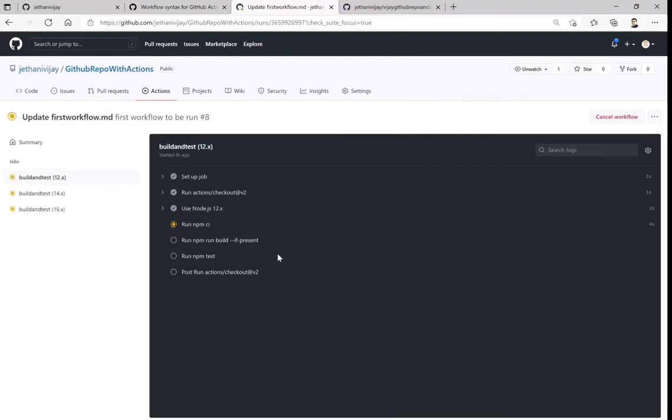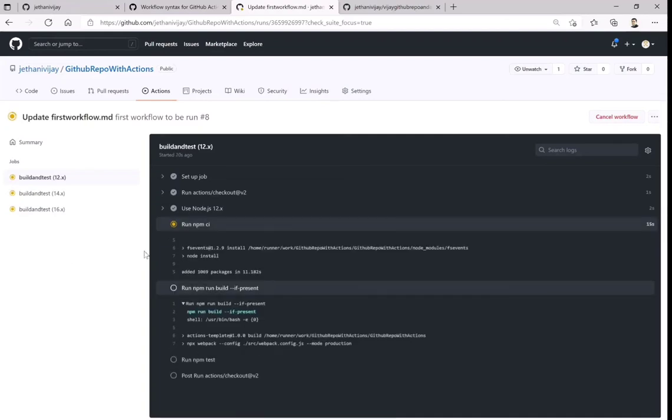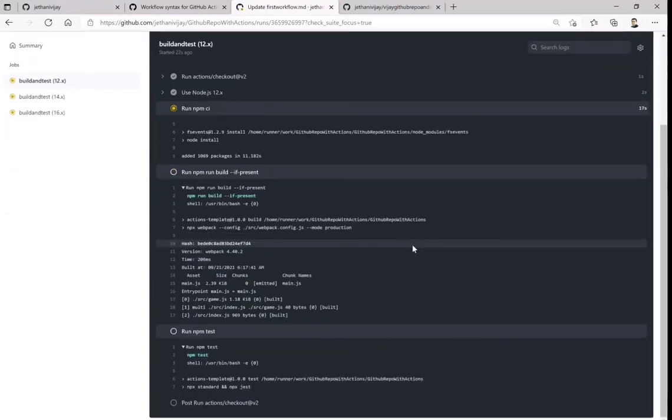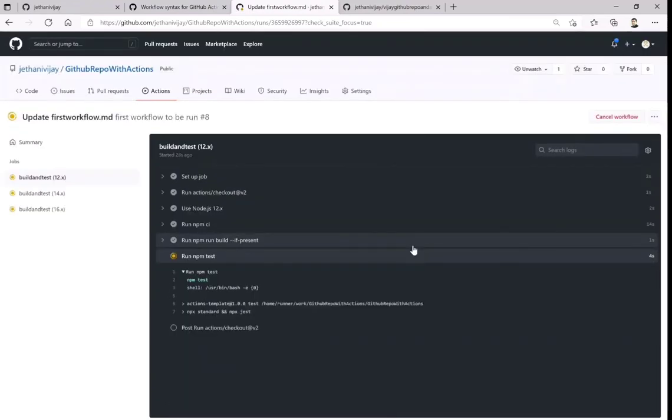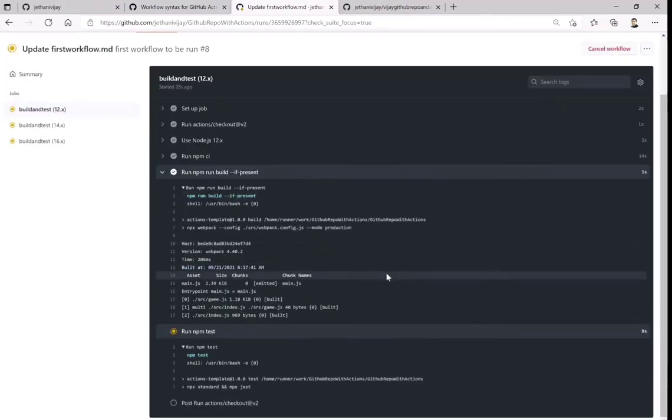Now, one thing to note here is all started at the same time because I have not set any dependencies one over the other. That means all three are independent and can run together in parallel. So they will go and actually build that, and then create that config and run the test.